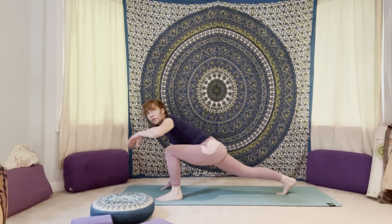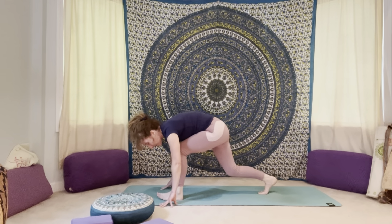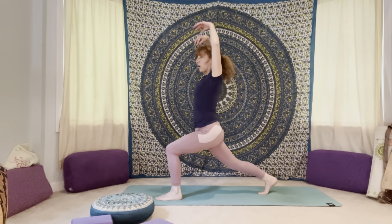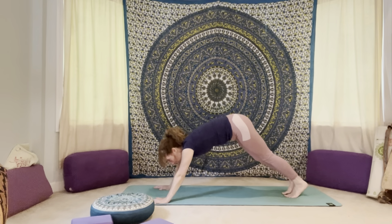And then we'll take the left hand back outside of that left foot. Bend both knees, press down into your feet, hug in through your legs, begin to peel yourself up, belly lifts, arms reach up, straighten that back leg, smile, breathe, hands down to the mat, step yourself back to plank,